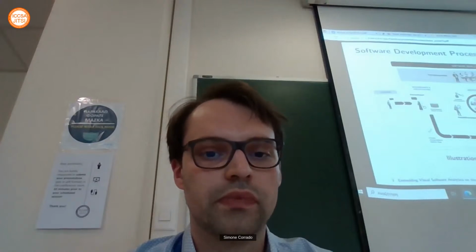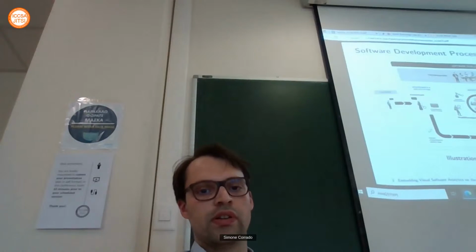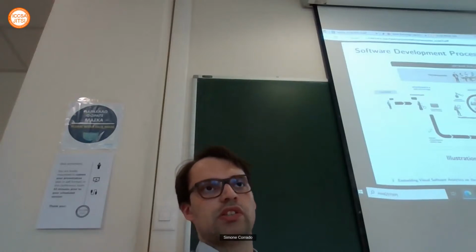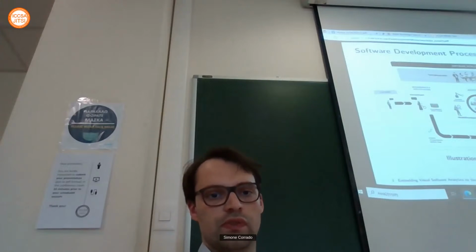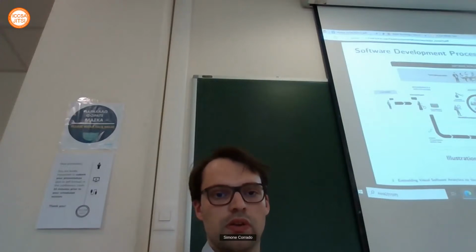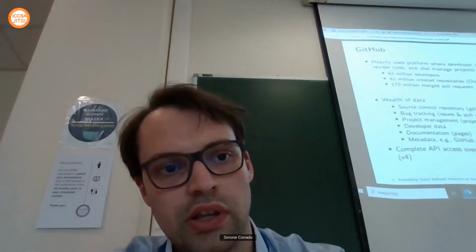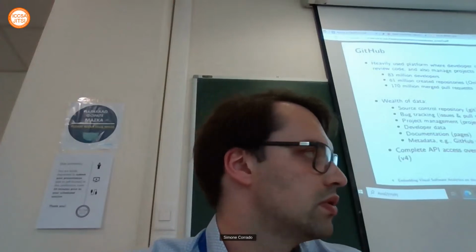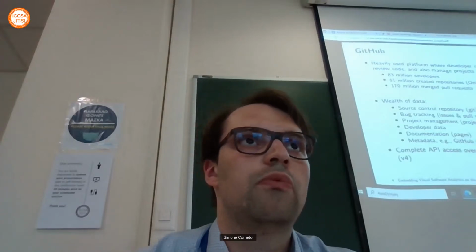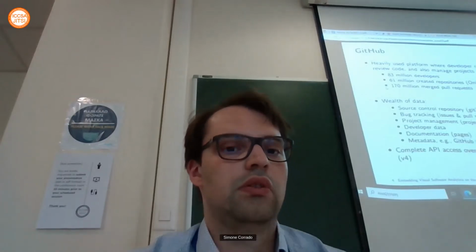And in our talk today, we will deal with the special case of software metrics, which measure certain aspects related to the complexity or quality of software, of source code in particular. We also restricted our attention to GitHub. GitHub is the most widely used and most popular social coding platform worldwide. In 2022, it contains 61 million